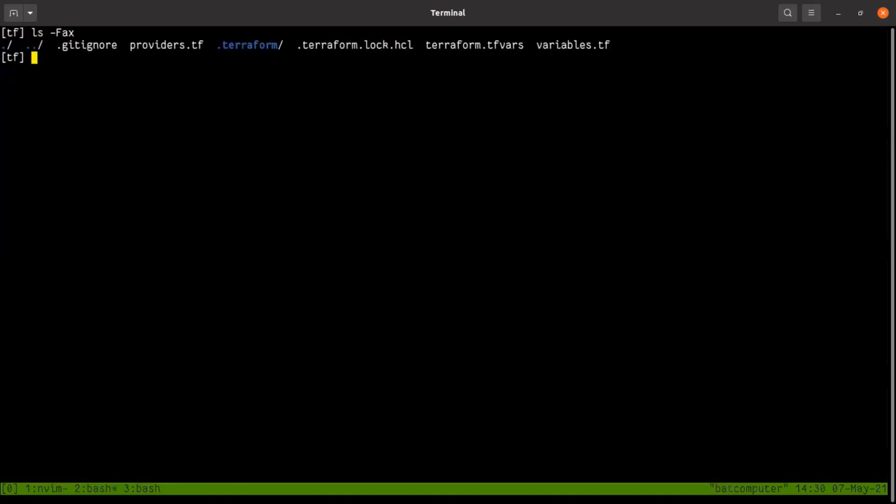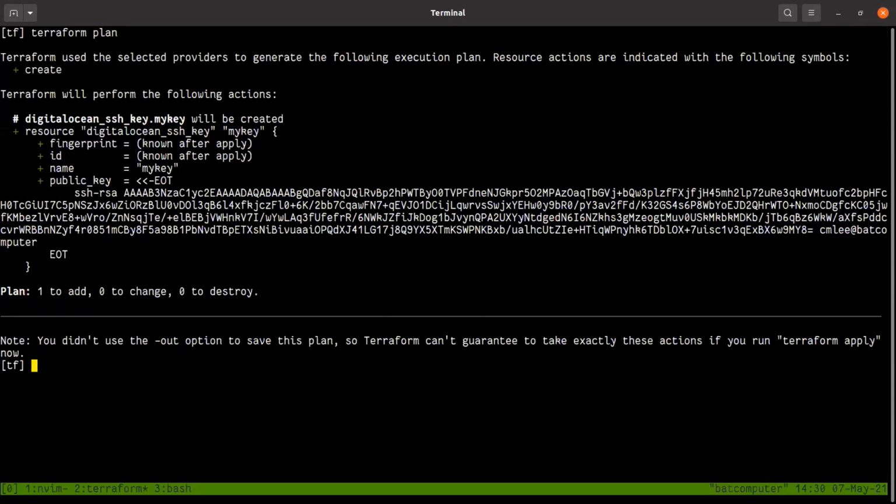If we now provision this, if we now go terraform plan, what you will do is this, right? A plan basically means you ask Terraform to go out and check the resource. What do you need to do? So Terraform will say, okay, I need to create this particular resource. So if there is no mistake, I can go ahead and say apply.